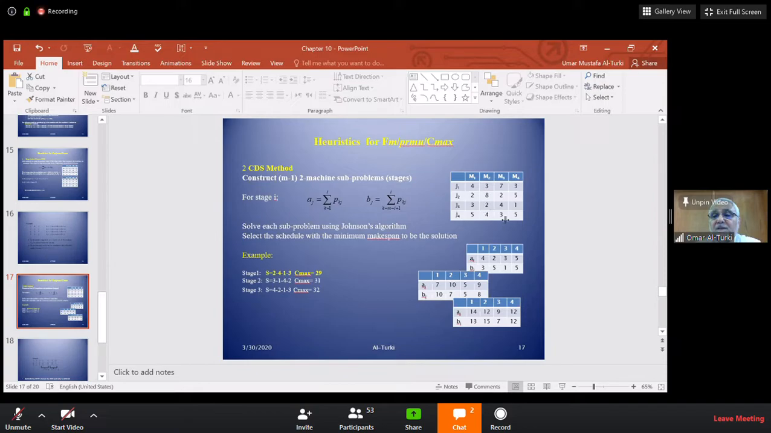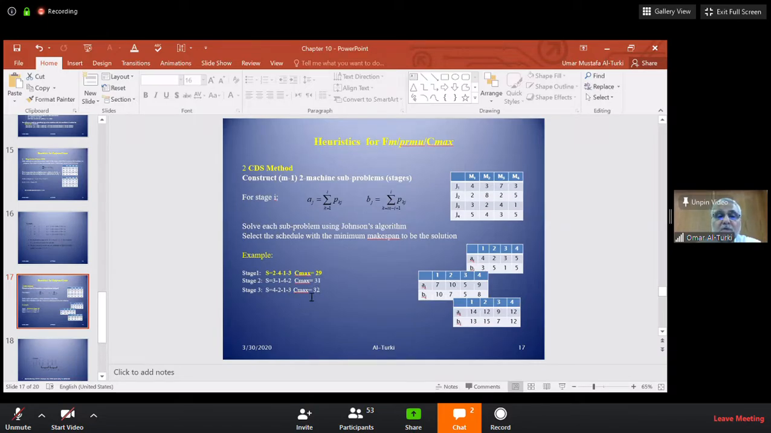4 plus 2 plus 3 plus 2 plus 4, that is 9. This is the 9, so that will be the processing time on the first machine. The processing time on the second machine will be the summation of the last 3: 3 plus 7 plus 3, that's 13. And so on. Now solving this using Johnson, you will get 4, 2, 1, 3, and the corresponding Cmax is